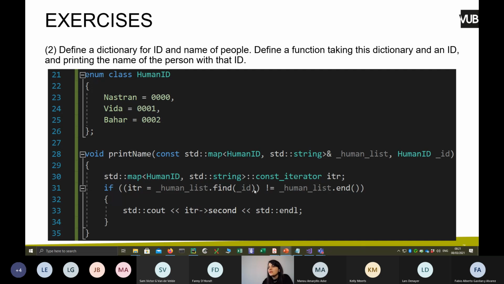I could write this one here, equals human find, and then check itr with this one here in this if. But in C++, you can do something like this. It will first assign this one to this one, because I also put a parenthesis here. And the result of this, which is a pointer to that item, will be compared with the end of this iterator. So if it is not the end of the iterator, if it is found, then I have a